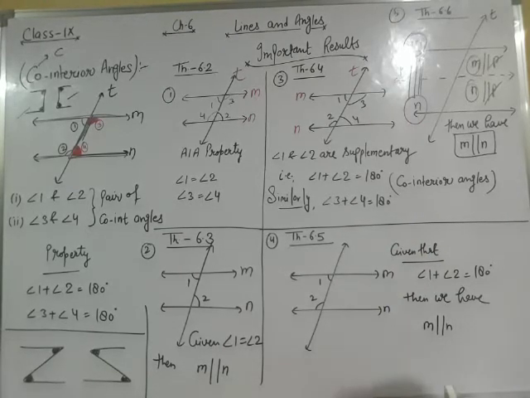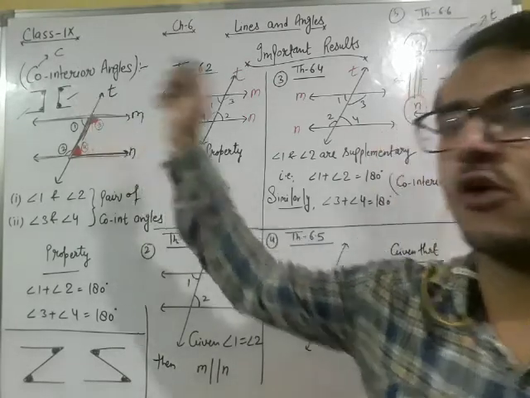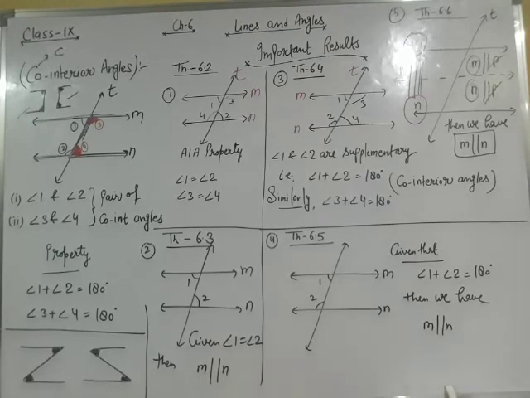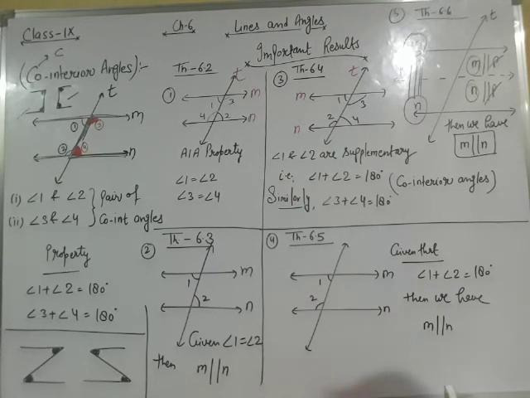So all the definitions have been discussed with you. This is the simpler form to find out the alternate interior angles. This is the simpler form to find out the co-interior angles, right? Linear pair of angles has been discussed. Adjacent angles have been discussed. Corresponding angles have been discussed. Alternate exterior angles have been discussed. So all kinds of definitions related to the angles have been discussed so far. Now we will move on to the next important part, which is exercise 6.2.